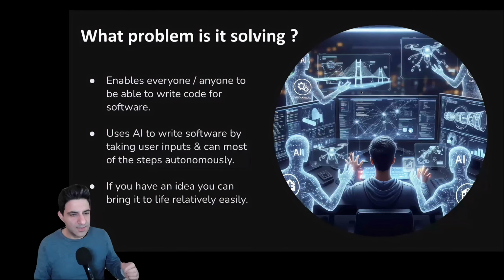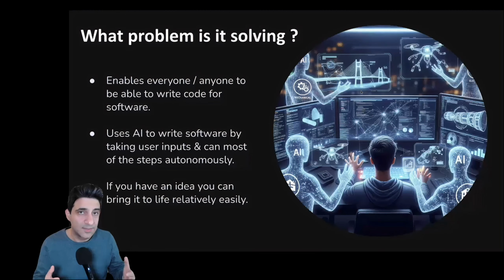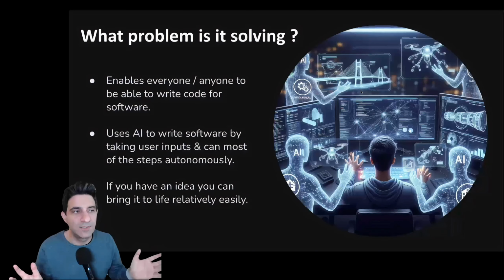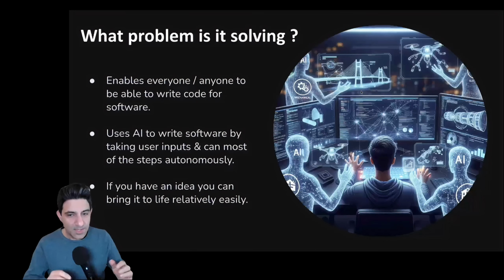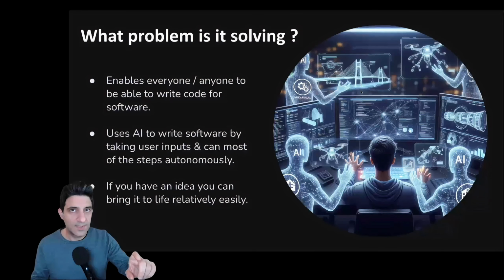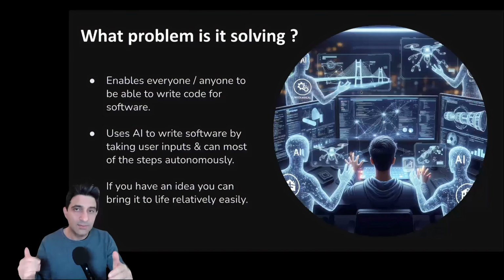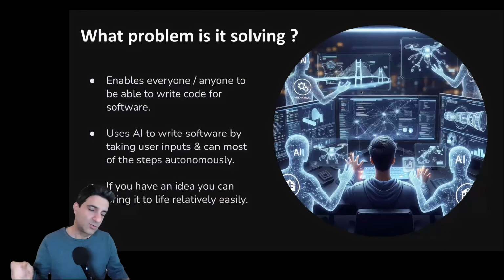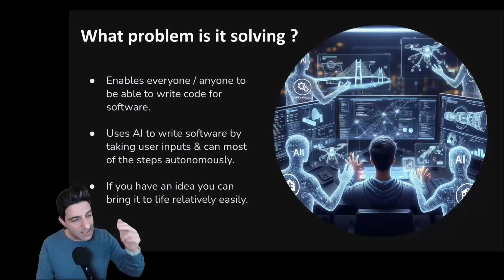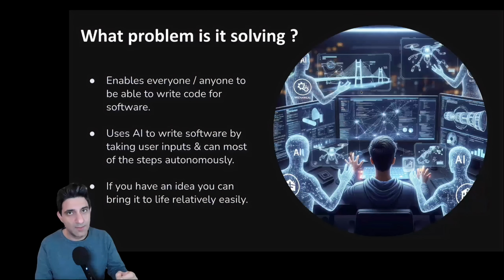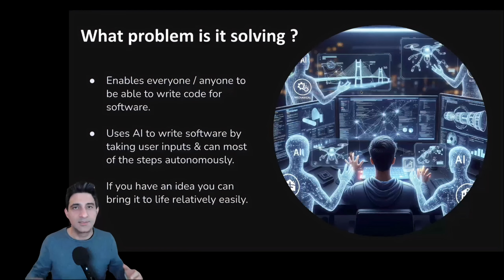So Antigravity is an AI-enabled software that helps anyone, everyone to write software code. Okay, this is important. It uses AI agents to write software and then to also take all the steps needed to deploy the software and run the software. So it would create a list of multiple tasks, and then different AI agents would run those different tasks, and you would be able to create a software just by giving instructions to the AI as to what you really